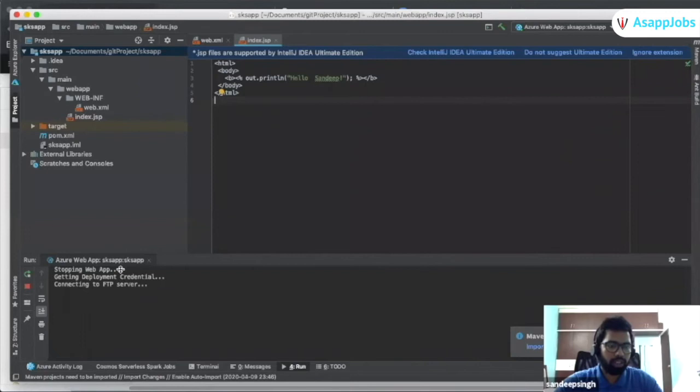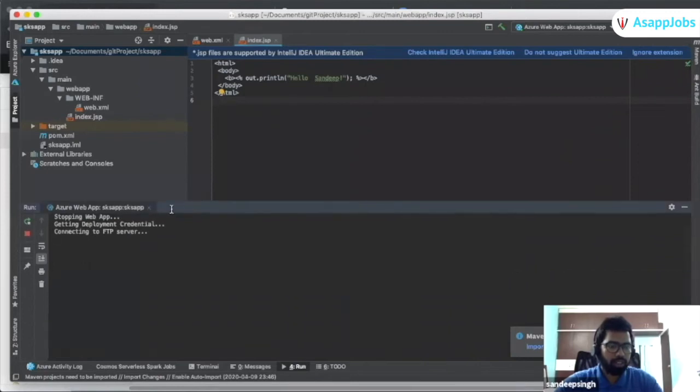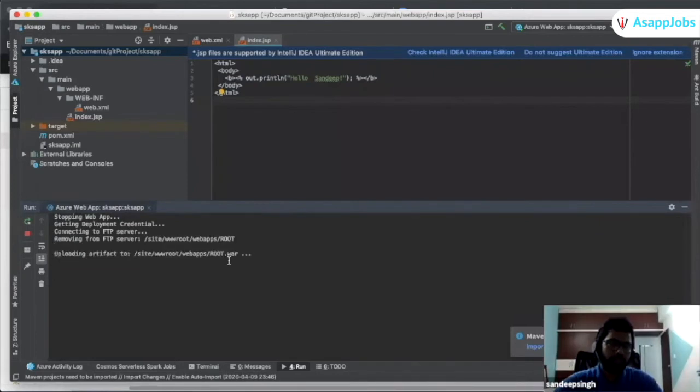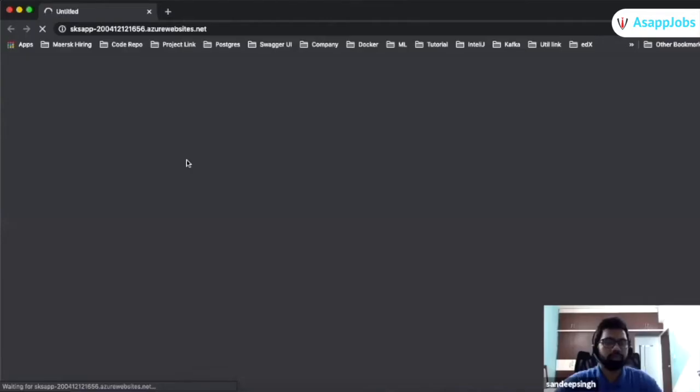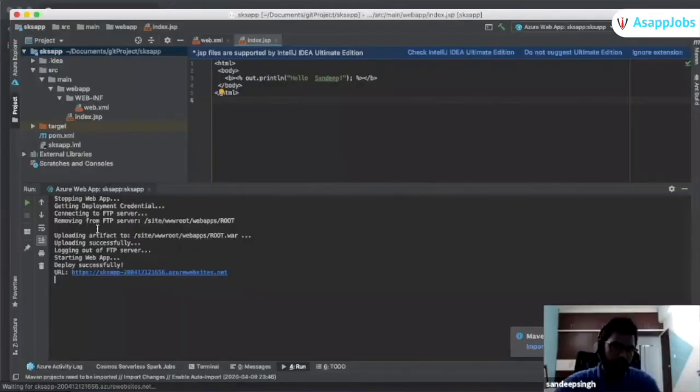So now you can see. First of all, it is stopping the web app and getting the deployment credential. Since you don't need to provide the credential again and again because you have stored the token, that's the reason. And then it is connecting to the FTP server. If you can see here, it is connecting to the FTP and then uploading whatever